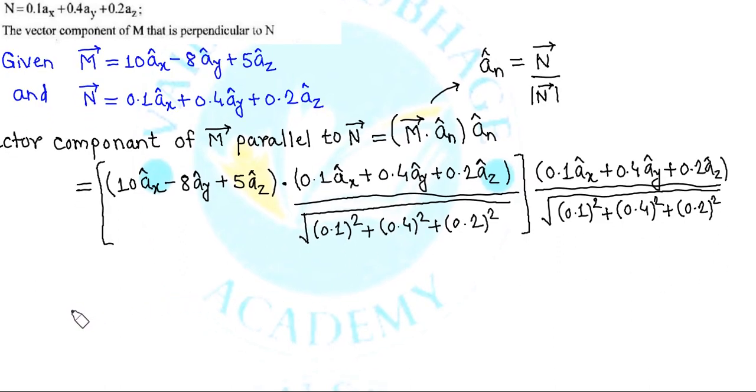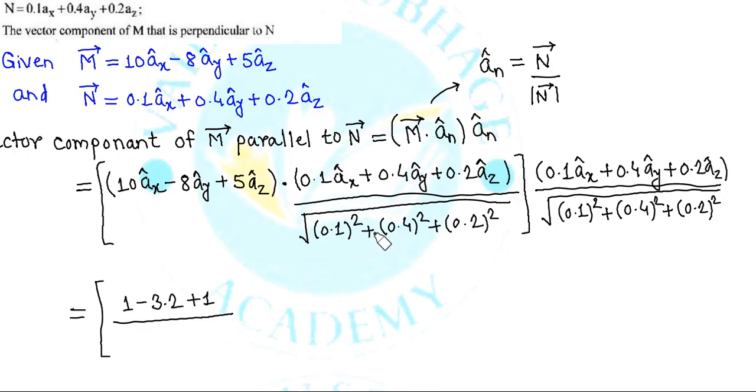So what will be the simplification of the very first bracket? Simplification of first bracket is nothing but the dot product in between these two given vectors, that is this 10 into 0.1. So that will be what now? 10 into 0.1 is 1. This minus 8 into this 0.4. So we will have that to be minus 3.2. And this 5 into this 0.2. So that will be plus 1 divided by,